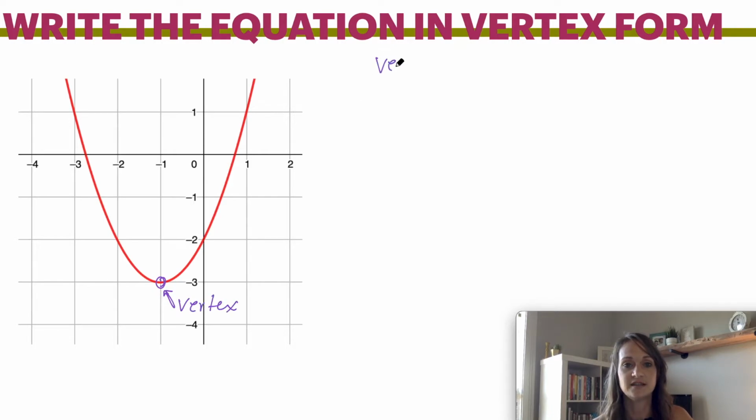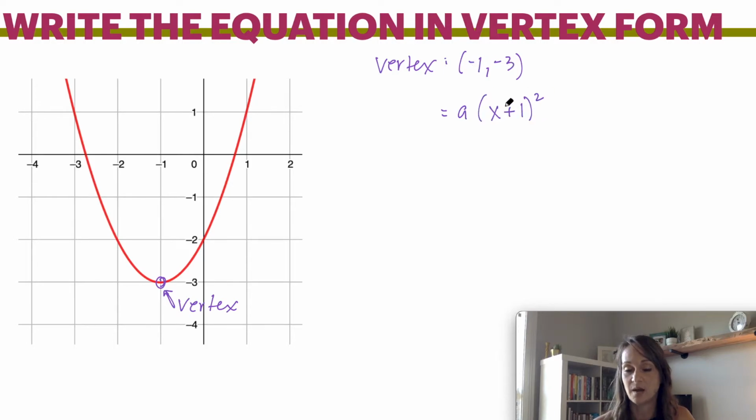So the vertex is going to be -1, -3. So therefore, we know that it's a(x + 1), because it's the opposite sign. When you plug in a -1, it turns it to a positive, and then -3. Now,